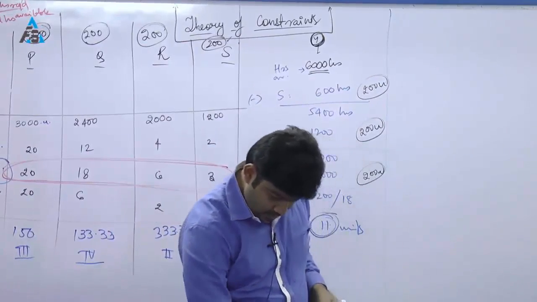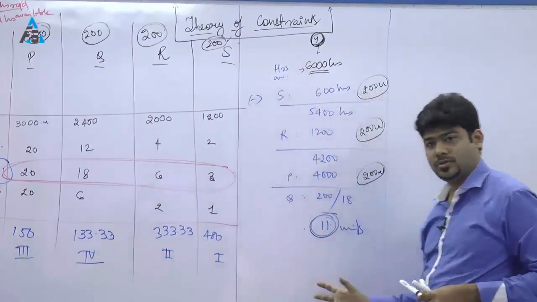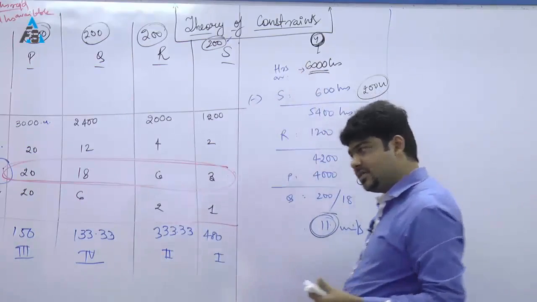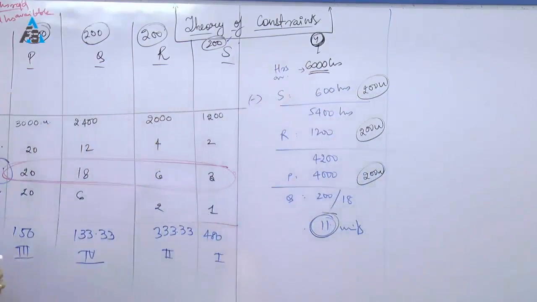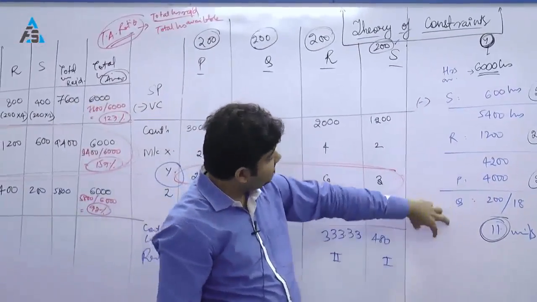Question was, allocate the machine hours on the basis of the bottleneck. This is how it works. Alright, so now using machine X and machine Z also, we will be able to produce only this much units. See, what is going to happen is, say for example Q, I will be able to produce only 11 units